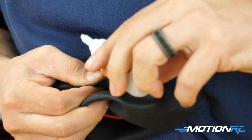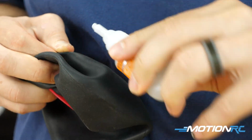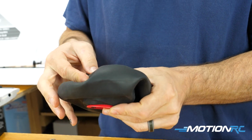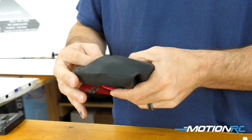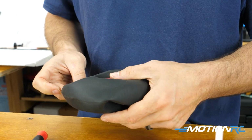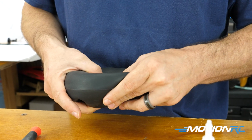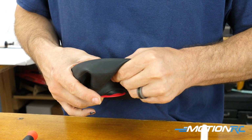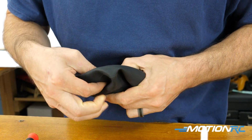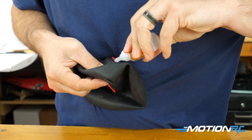So once you get that figured out, what I like to do is I dry fit it, make sure it all fits dry. And then I'm using this tire glue, but what I found best was a thin type of CA, and that's what this tire glue is. Because once you have it dry fit, you can pull up just one side at a time, drip some glue into the rim, and let it sort of work both ways, and then wait a couple minutes for that to harden, then come back, pull it open a little bit more, put a little more on the other side, and again, you sort of work your way around this. It's going to take you maybe 20 minutes of just waiting for each time you glue to dry,